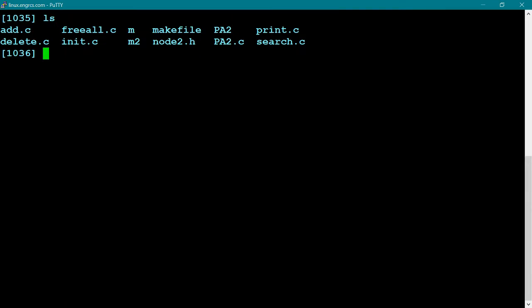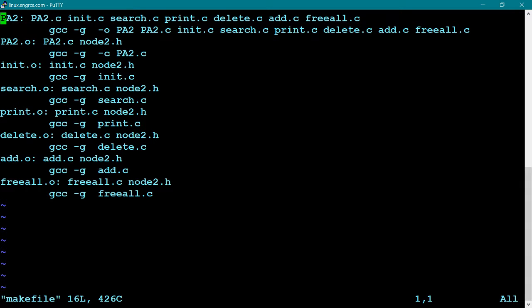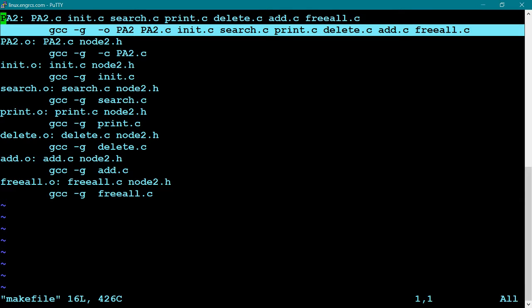I want to talk about nuances of makefiles, though. There are some different things we can do in makefiles to make them more efficient. Let me show you an example of a makefile that I got. This builds an executable PA2, and I got permission from the student to use his code for demonstration. PA2 is the executable, and it depends on these .c files, and if those .c files are present and up to date, then it executes the second line, this GCC command, which compiles everything and links it together and gives you your executable named PA2.